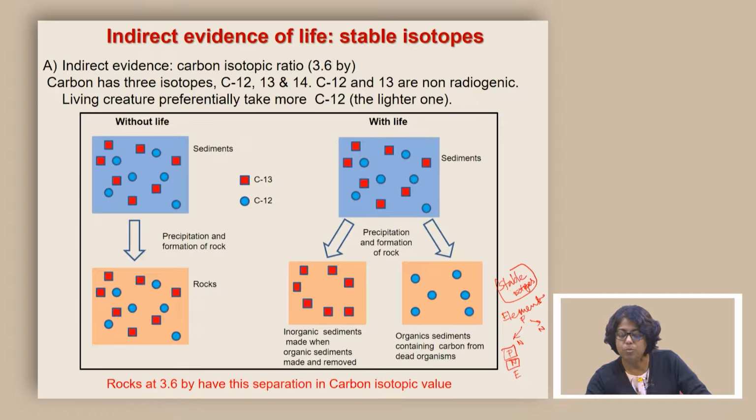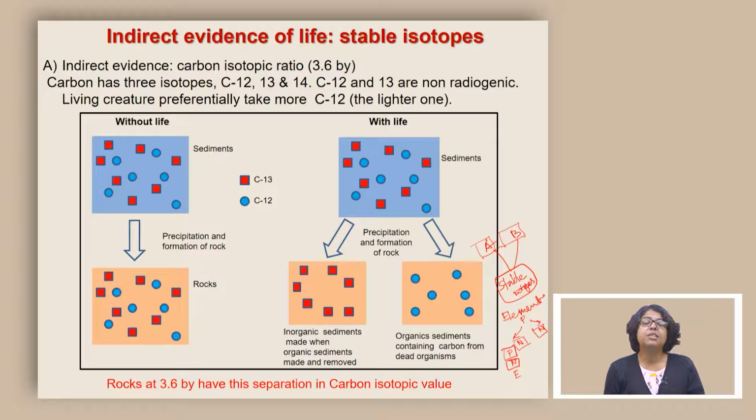These stable isotopes are different in terms of their neutron number, definitely. So, they will have two different masses if we are talking about two isotopes of the same element, but they are stable. So, they are not going to decay naturally, and they are simply going to be there in different proportions. Because they differ in their mass, if there is a phase change, they will have different probability of going to a different phase.